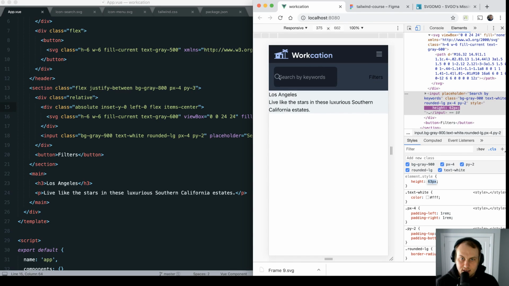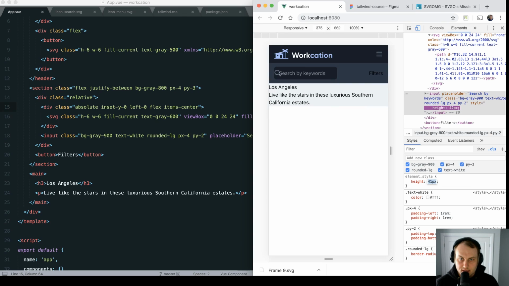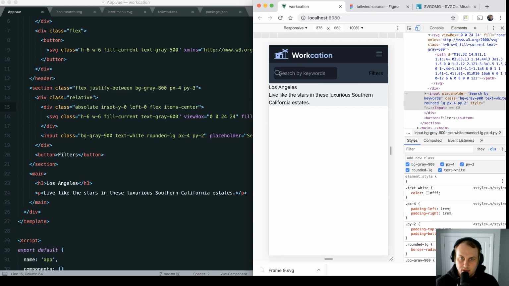You can see as this grows, the magnifying glass always stays centered. So it's a much more accurate way of telling the browser how you want it to be positioned, by giving it the right constraints and the right relative place. Okay, so now to get it positioned to the left, what I would do is add some left padding to this div. So we can start with maybe like PL2